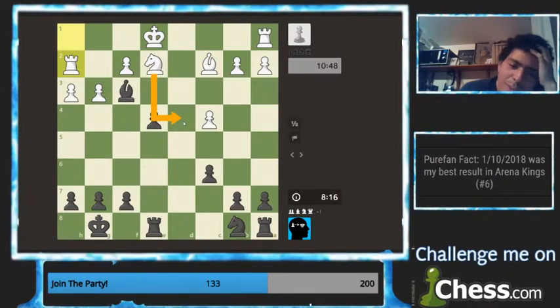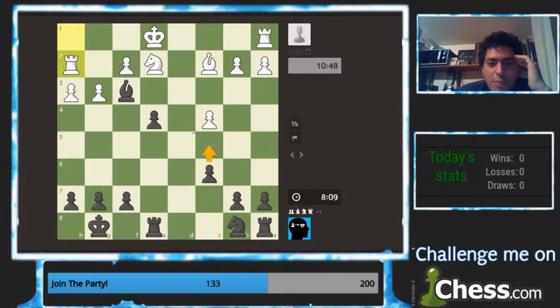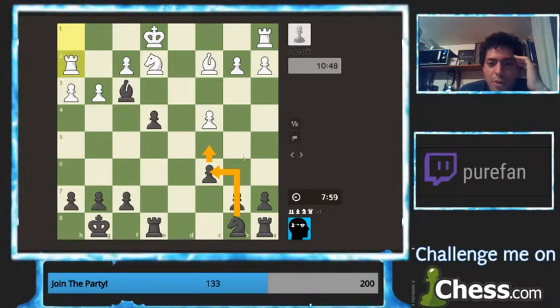Gee, what options do we have? What options do we have? Because I really want to make their life as complicated as possible. I can push here, which stops this move. And then I can develop like that. Yeah, I think that's best. I think that's best. And if bishop a4,